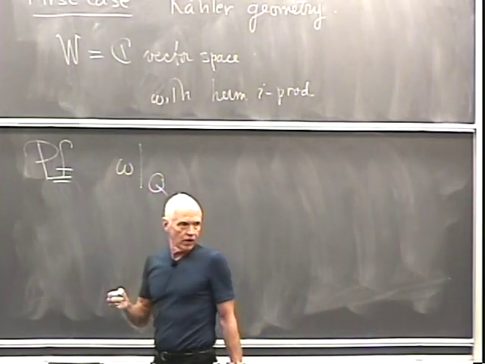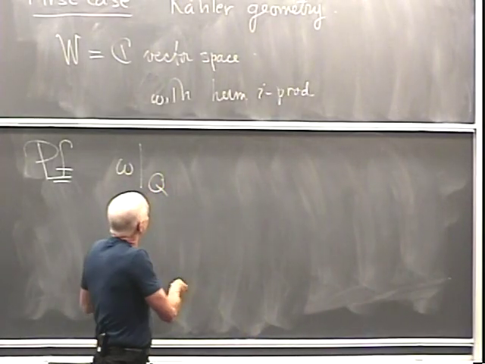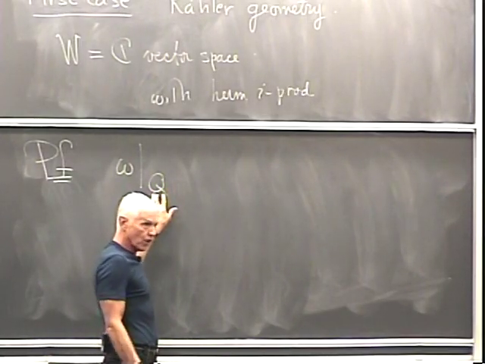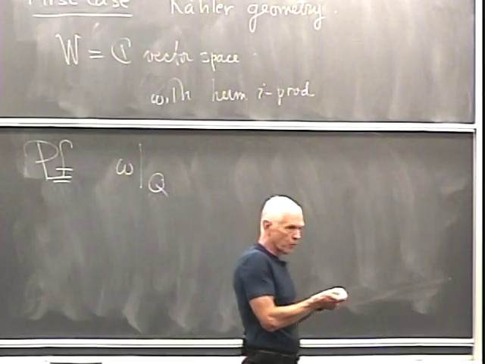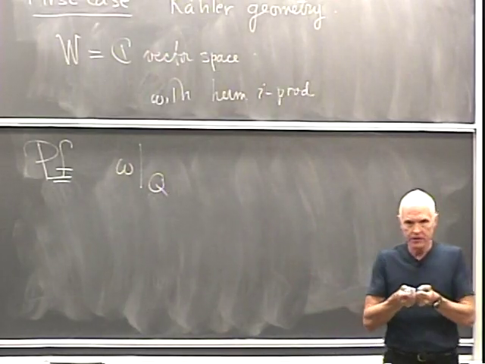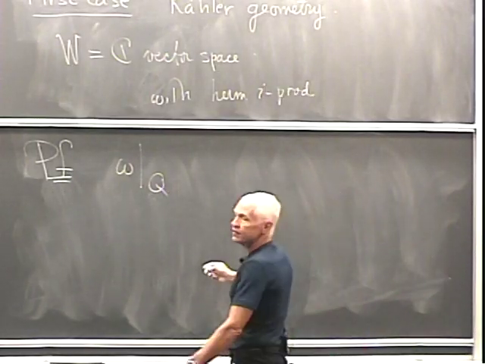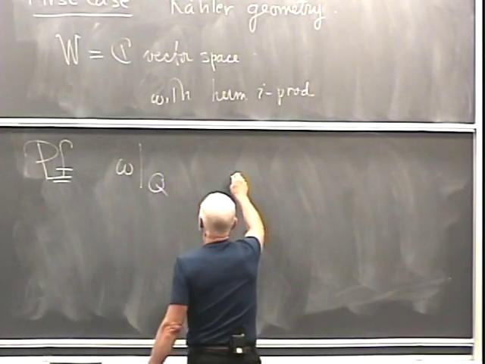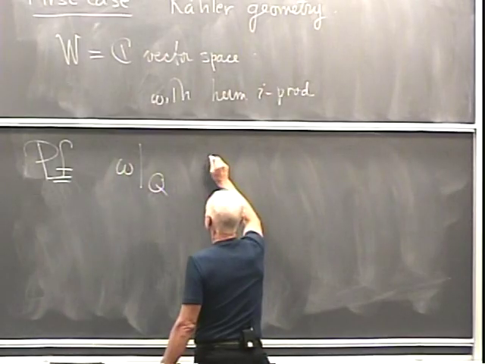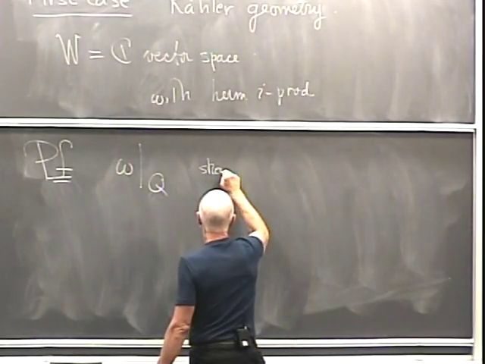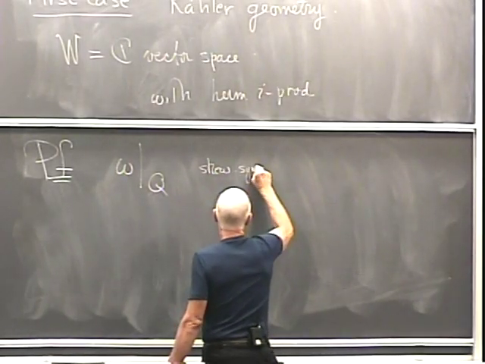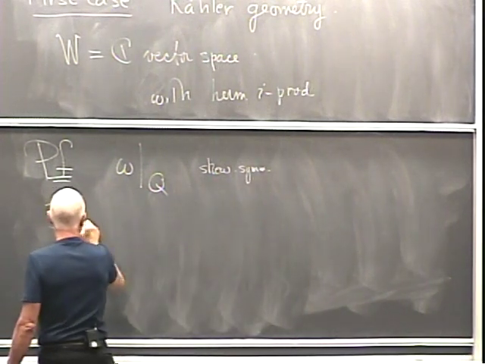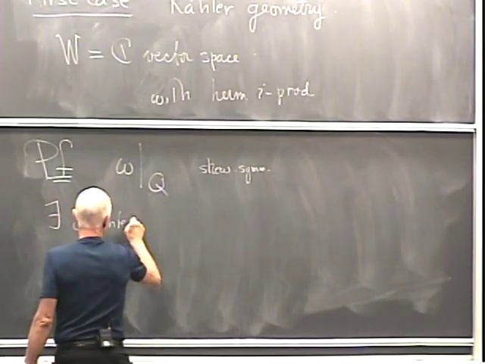We have a real inner product, so this real inner product restricts here. When you have a skew 2 form on a real inner product space, then you can diagonalize it. Because this is skew symmetric, that means that there exists an oriented orthonormal basis